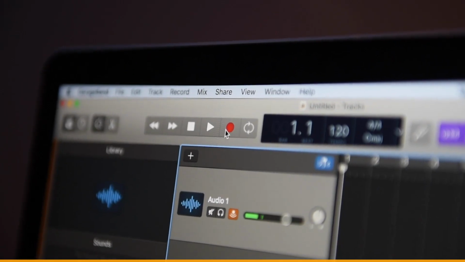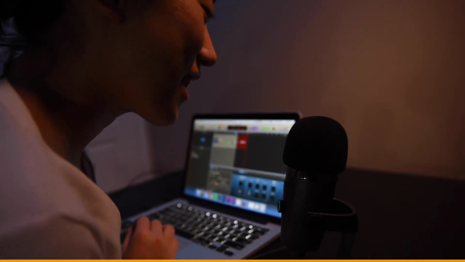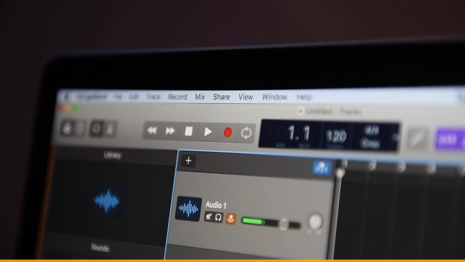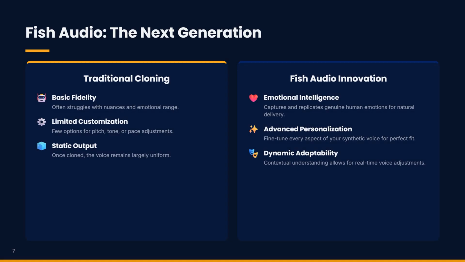We've talked about how easy it is to clone your voice. Now, let's dive deeper into what makes our technology truly stand out from the competition. It's not just about replication, it's about enhancement and versatility. Here's a quick comparison highlighting where Fish Audio truly shines. While traditional cloning offers basic replication, our AI goes several steps further. We integrate emotional intelligence and advanced customization to ensure your cloned voice isn't just a copy, but an enhanced, versatile